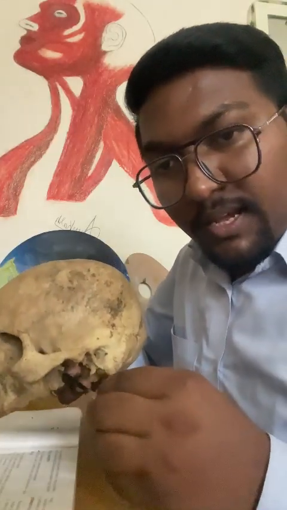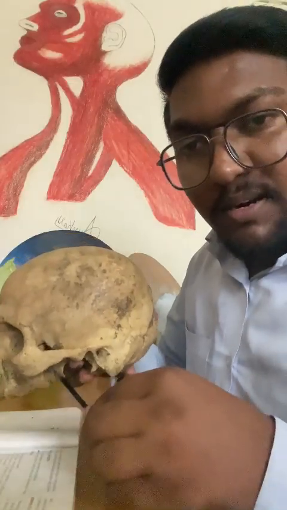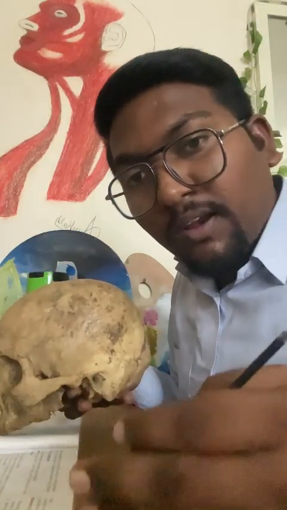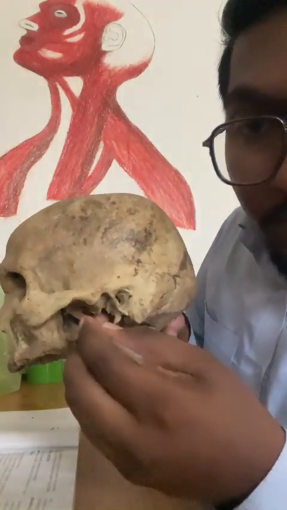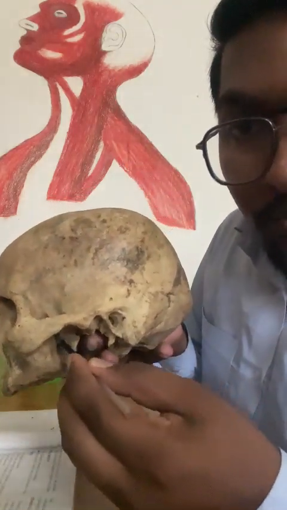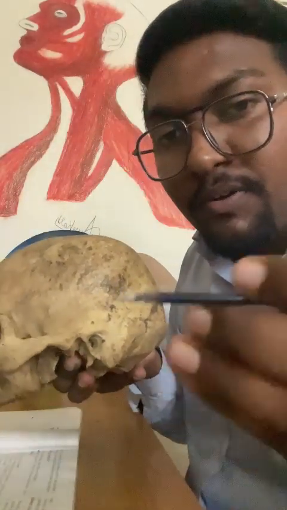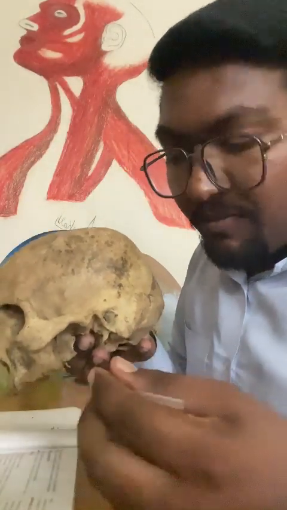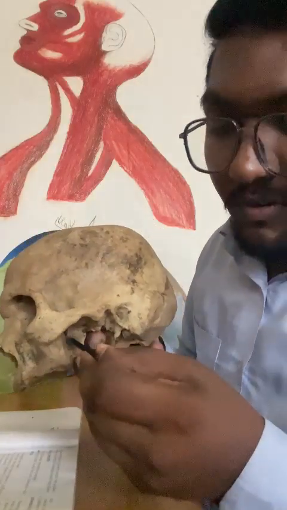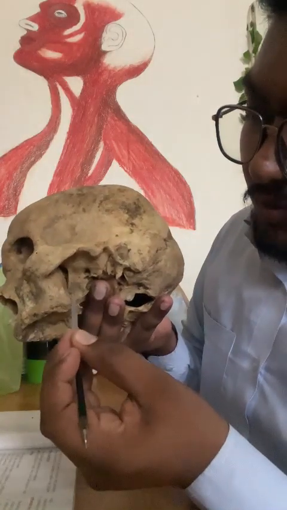The infratemporal surface forms the anterior wall of the infratemporal fossa. The posterior surface of the maxilla forms the anterior wall for the infratemporal fossa, and the rounded eminence we